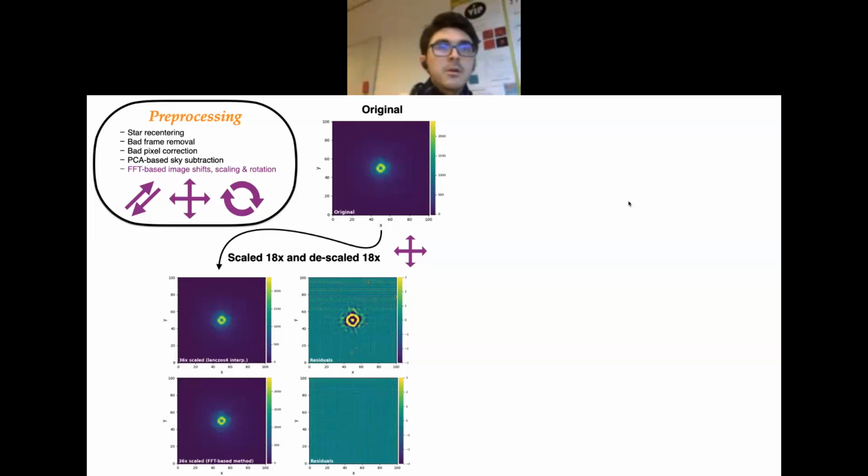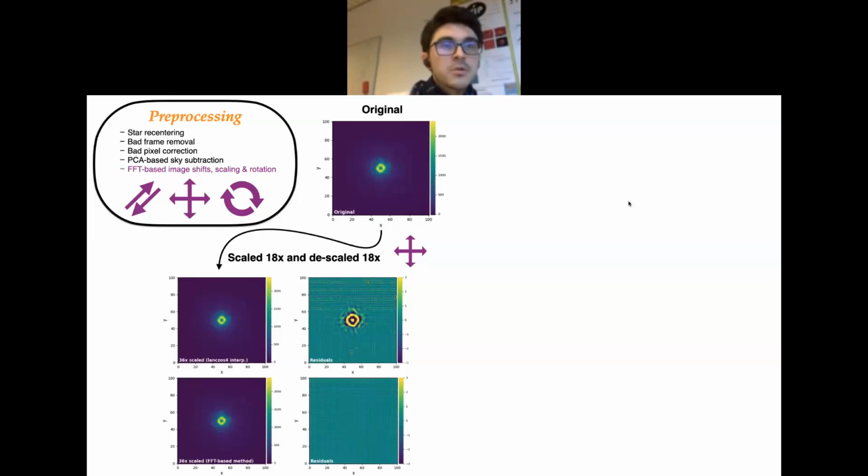I show the results in the left column and the residuals with respect to the original image in the right column. First, for a typical interpolation kernel-based approach, the Lanczos 4 kernel in OpenCV, and second, with our new